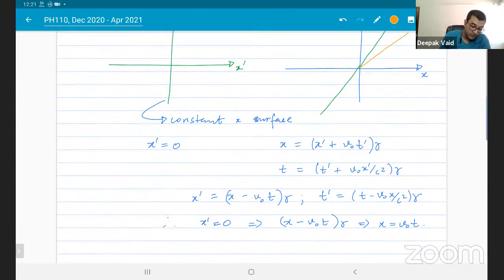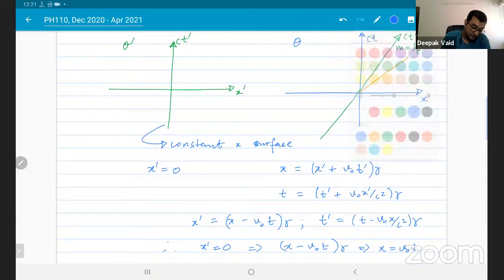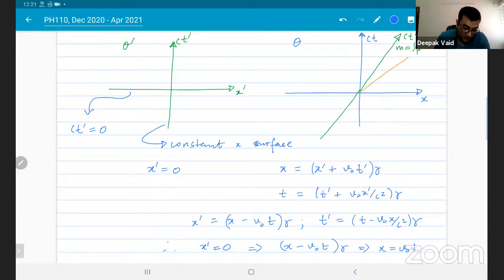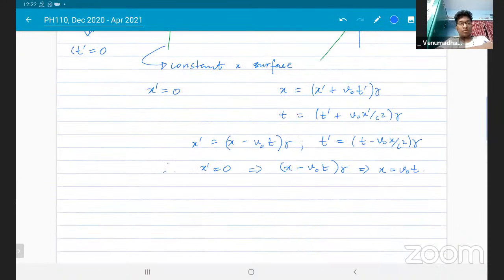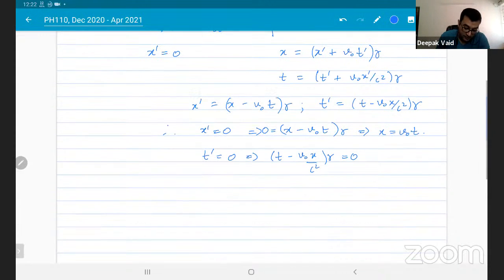Okay. Now can somebody tell me what is the equation of this line? This line is T prime is 0, right? T prime is 0. Now, I translate that into this expression. So T prime is equal to 0 becomes this quantity T minus V naught X by C square gamma is equal to 0, right? Which means that T is equal to V naught X by C square. So CT is equal to V naught X,